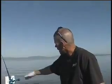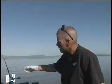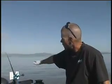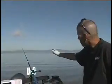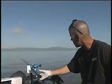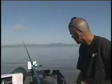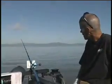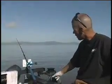You want a slight angle on them, not too high so you aren't moving any line when you set the hook, but you don't want them too far down. If a sturgeon starts sucking on that bait and pulls it down and bottoms that rod out like this and they feel the pressure, they're going to push that bait right out and your opportunity is lost. So if you get the angle of the rod right about there, it gives you a perfect opportunity to get to the rod, and you're going to move a lot of line when you